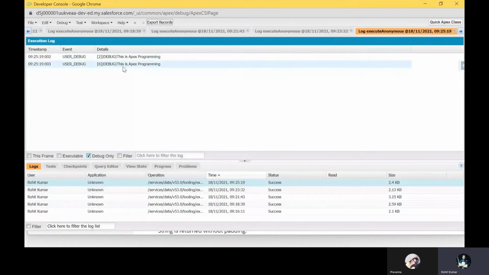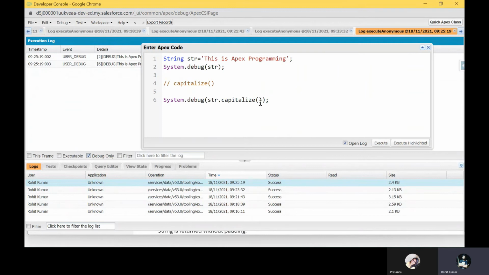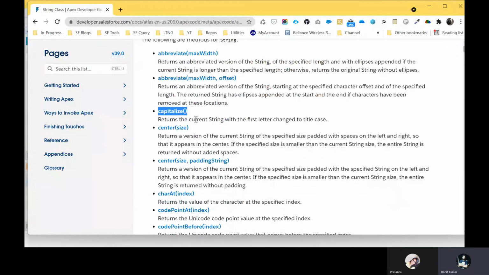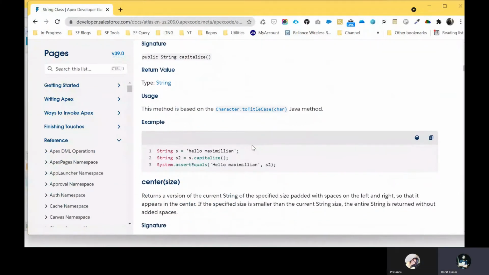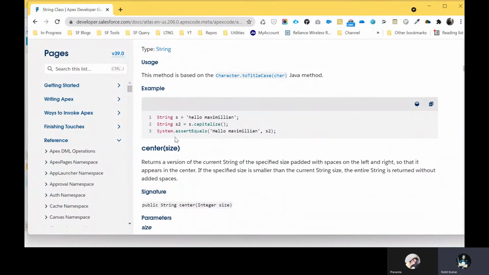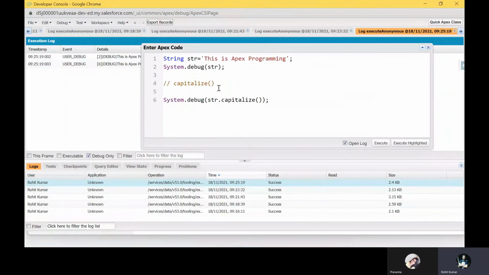You can see Apex. This is Apex and this is Apex, both are the same, but how to capitalize this string? So let me choose this capitalize method. Here you can see s dot, or you can see this example as well. Let me remove this one and create another variable like s1 equal to the first string.